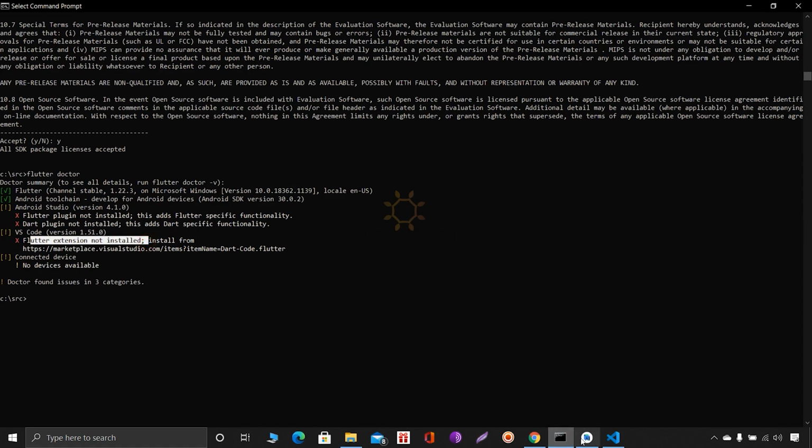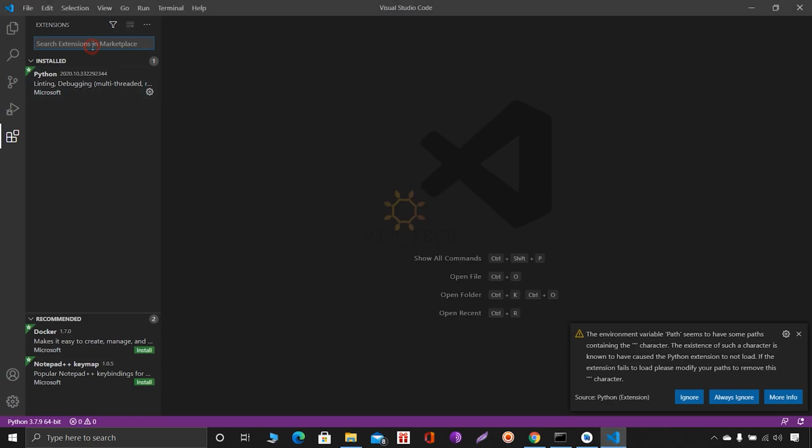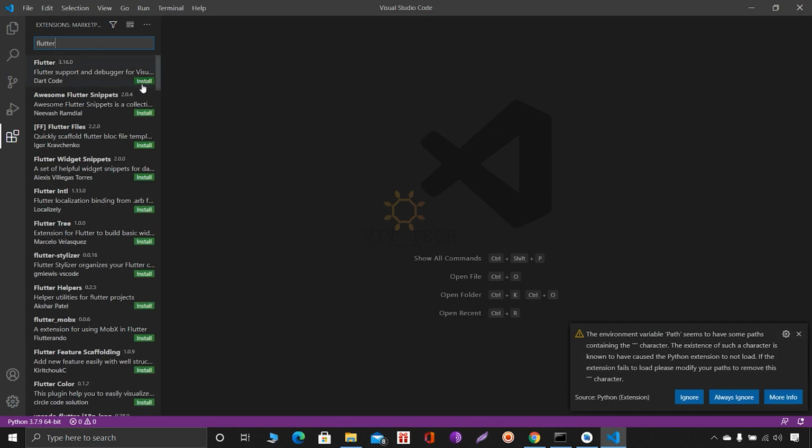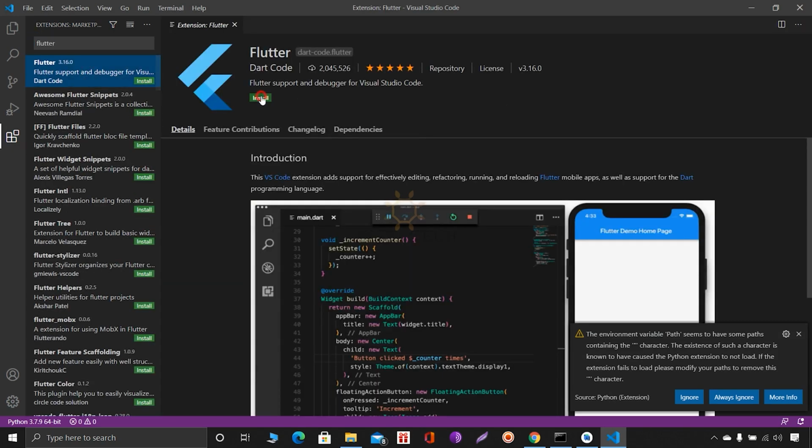Just type Flutter. Okay, Flutter here. Now Flutter, just click and install. Installing. Now it is installed. Here you can see uninstall, that means it is installed. Now just go to that